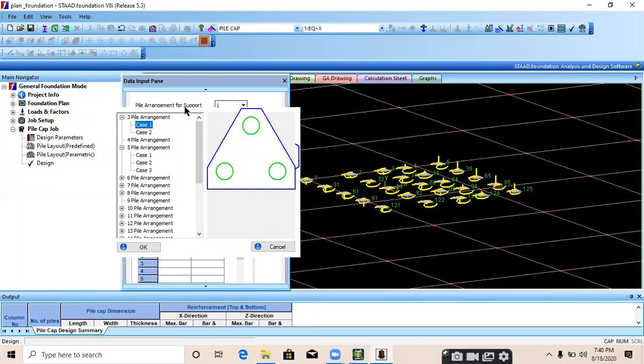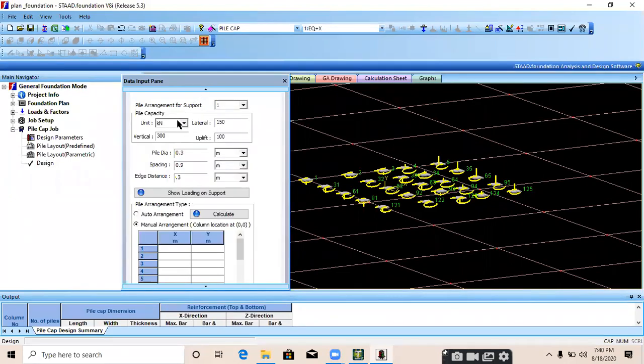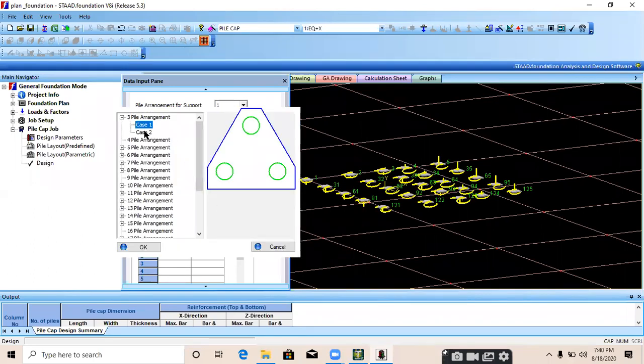The capacity of my one pile is lateral load 150 kilonewton, vertical force 300 kilonewton, and uplift 100 kilonewton. That's the pile capacity, and the dimensions are pile diameter 0.3, spacing 0.9, and edge distance 0.3. For that condition, you need to provide 3 piles in a group.